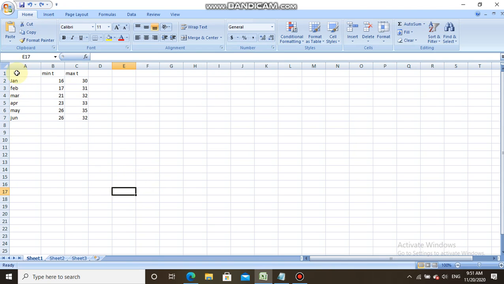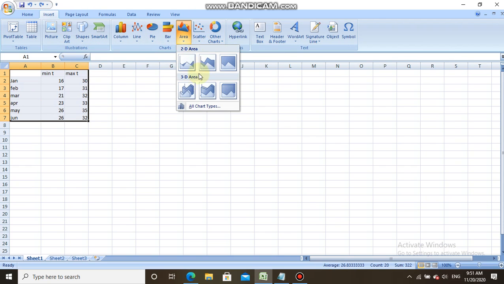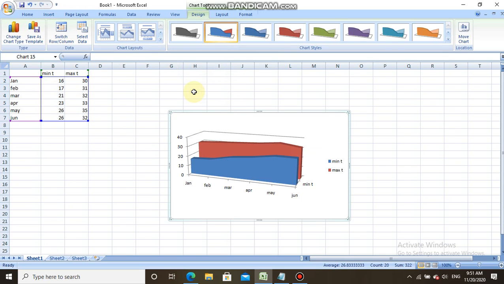it's the area chart. In the area chart, you can see that it is similar to the line chart, but its lines are filled with different colors. The minimum temperature is filled with blue, and the maximum temperature is filled with a dark maroon color. So we can compare the difference between the various data values. You can see the minimum temperature and maximum temperature, and you can compare them.